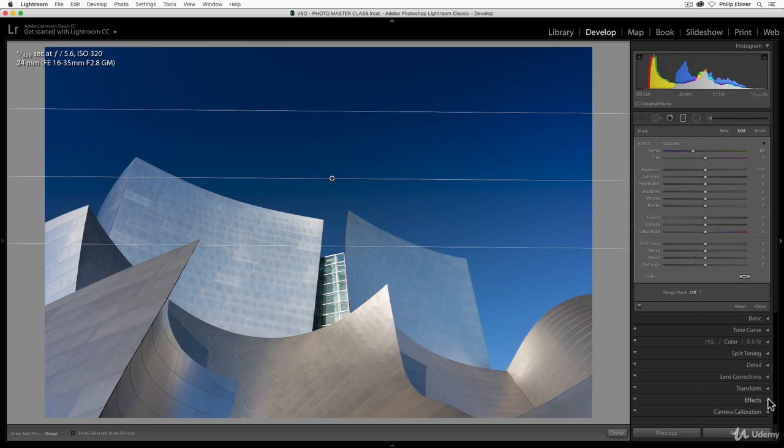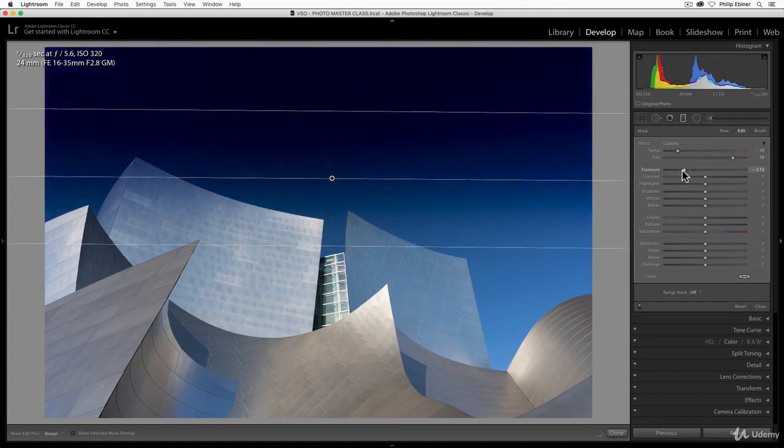Instead of applying the dehaze that appears in the effects option, which would apply the dehaze to the entire image, this allows you to dehaze just a part of the image. You can add sharpness. You can do the defringing. You can increase or decrease the noise. So these are all specific adjustments that are happening to just part of the image. So let me just make a crazy effect so you can see what's happening. Let's make the exposure darker.